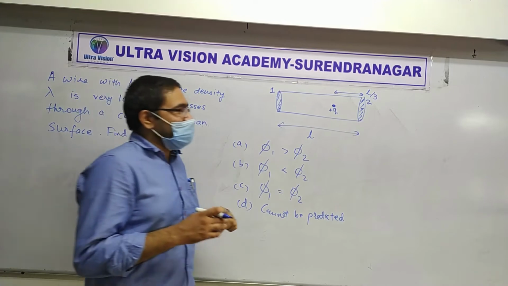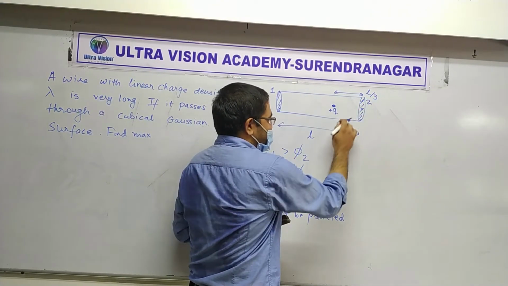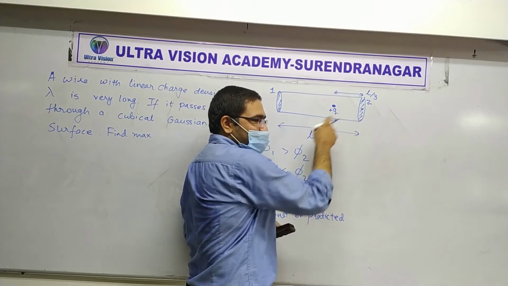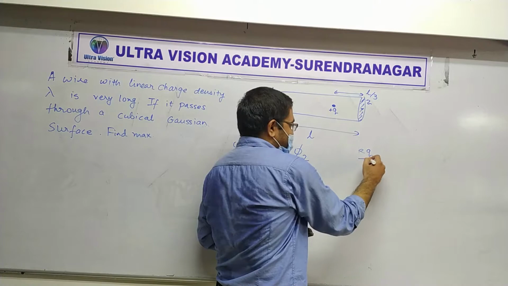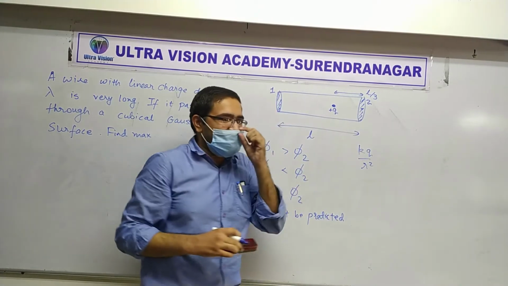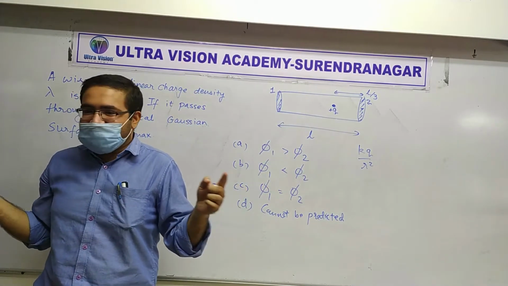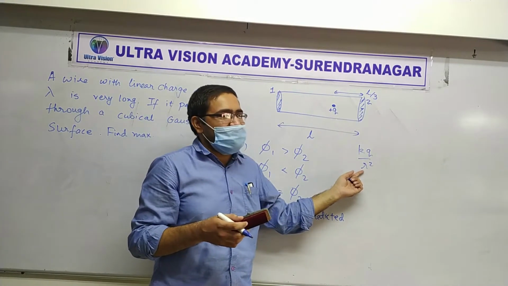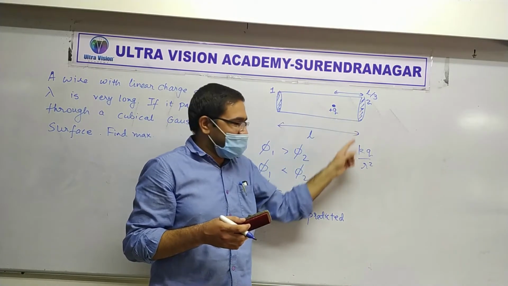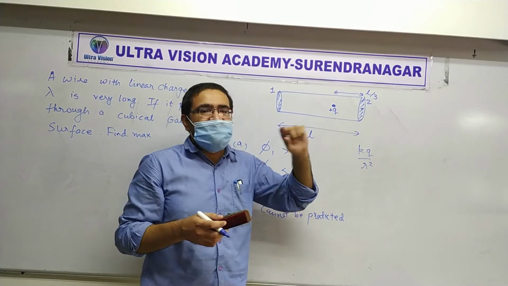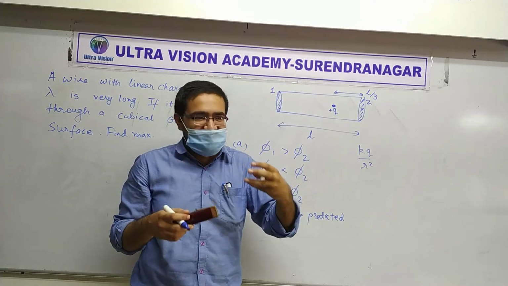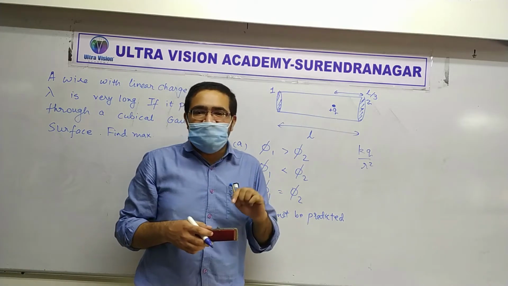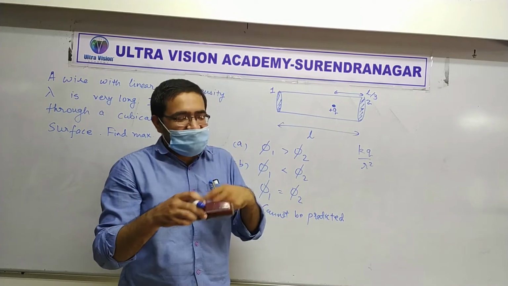Sit down. The correct reason is that this region is close, like Tapan said and like Atul said, they are right. Because this is close to the charge, the electric field of a point charge is kq by r square, isn't it? So if distance is more, electric field is less, and if distance is less, electric field is more. Here r is less overall, which would mean the electric field is more. This and this have the same area, so the flux will be more. But all this is still not exact.